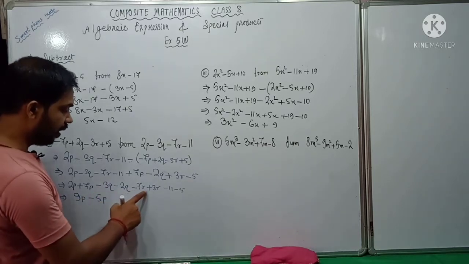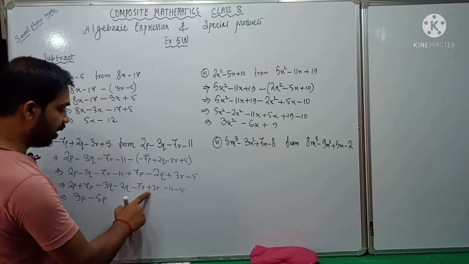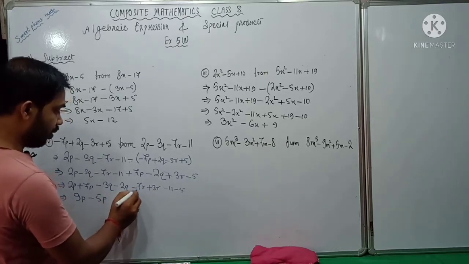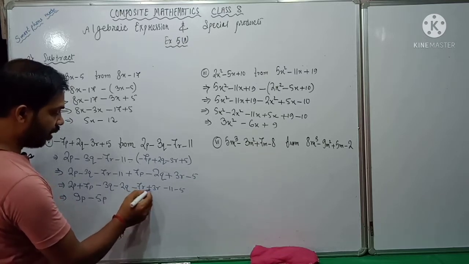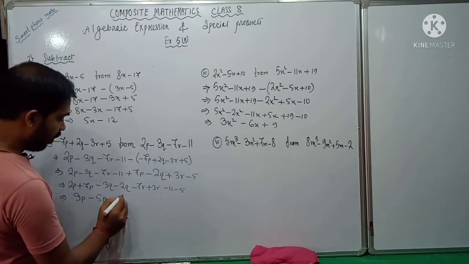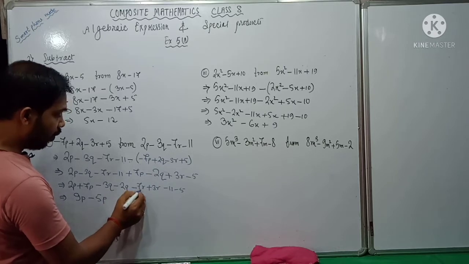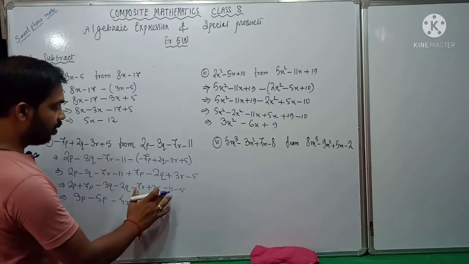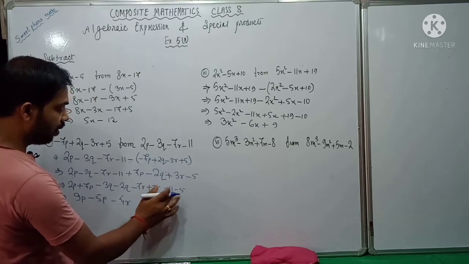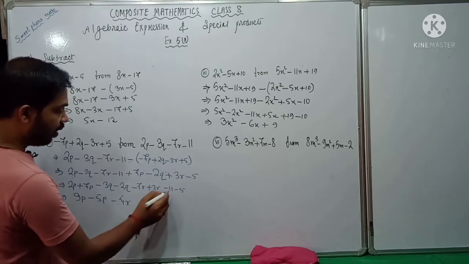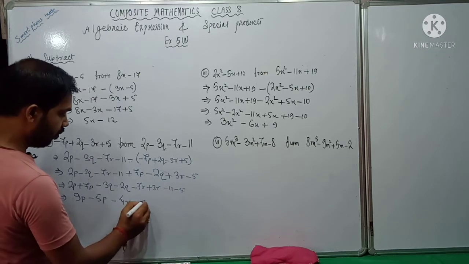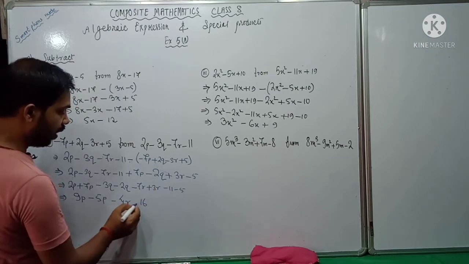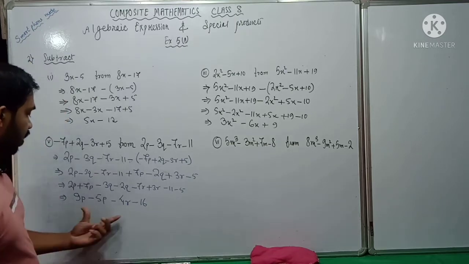Here minus 7r and here plus 3r, so signs are different, so we subtract. So you subtract 3r from 7r, then it will be 4r, but the sign will remain that of the bigger number. And same sign, then we have to add: 11 plus 5 is 16. What sign will I put? The sign along with the bigger number. So this will be our answer.